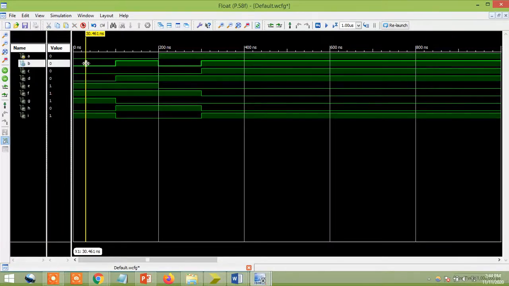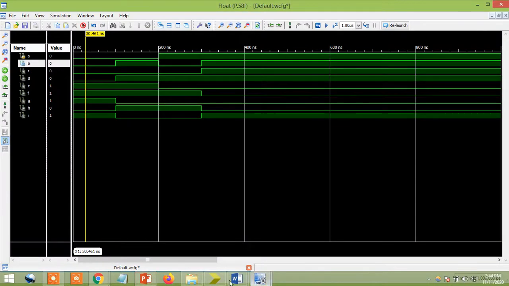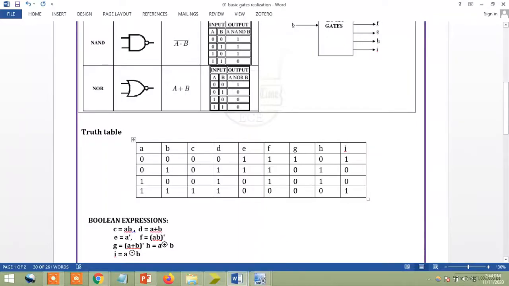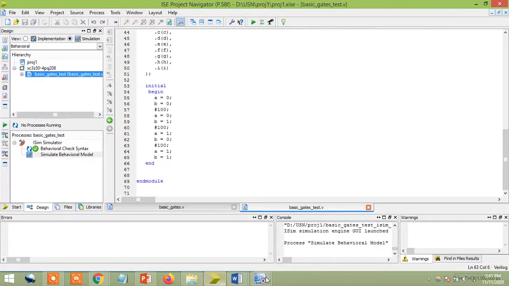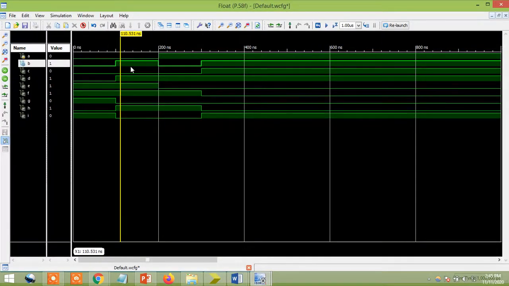See, first I'll go for 0 0. You can see that A B values are 0 0. Next C D, double 0, triple 1, 0 1. You can see that double 0, triple 1, 0 1. So we are verified. Similarly, you need to verify all the remaining conditions. What are the conditions you have? For the next condition, you just click here, then it will change.